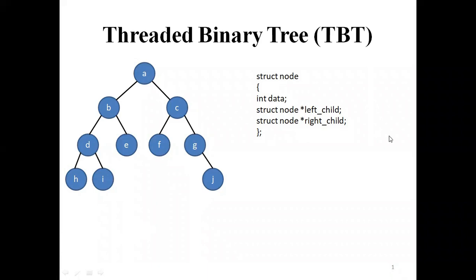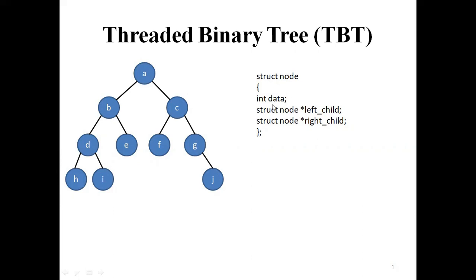Today we will discuss threaded binary tree. This threaded binary tree can also be called TBT, that is, threaded binary tree. Consider this is a given binary tree. This is a simple binary tree, and normally while coding, the node structure for this tree is declared like